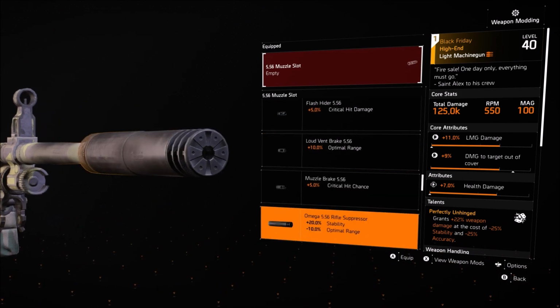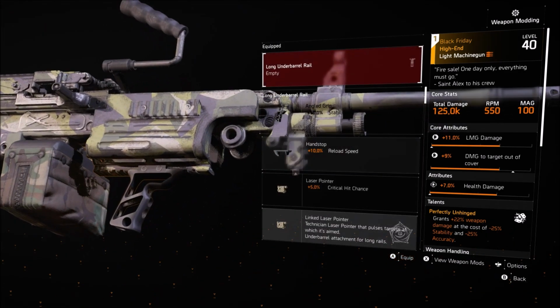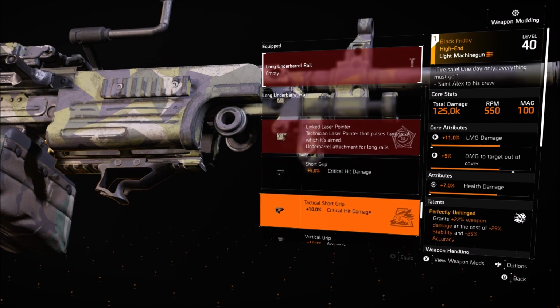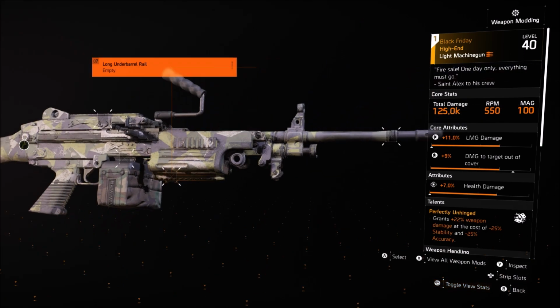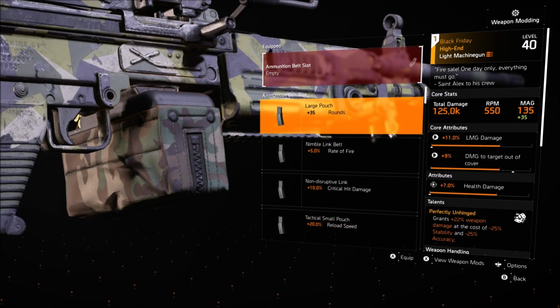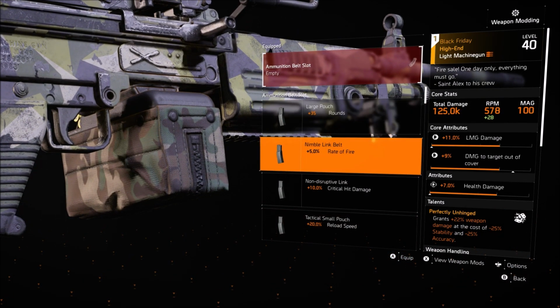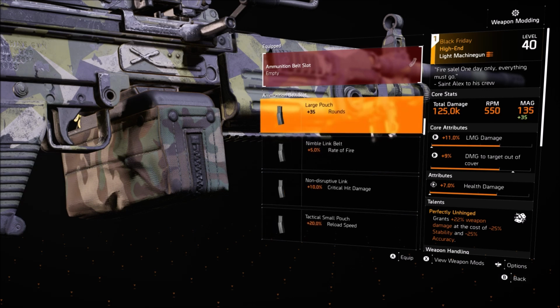You can use pretty much any muzzle you want, but I'd highly recommend using the 5.56 stability suppressor. Just a reminder, these are 5.56 attachments for the muzzle. For the grip, you can put pretty much anything you want, from the short grip on the firewall to the linked-in laser pointer. Ammo belt, you can have 35 rounds or 50 depending on if you're using the gunner. You can have the fire rate go up to 578. You can have more crit damage, more reload speed, but I highly recommend using the plus 35 or the 50